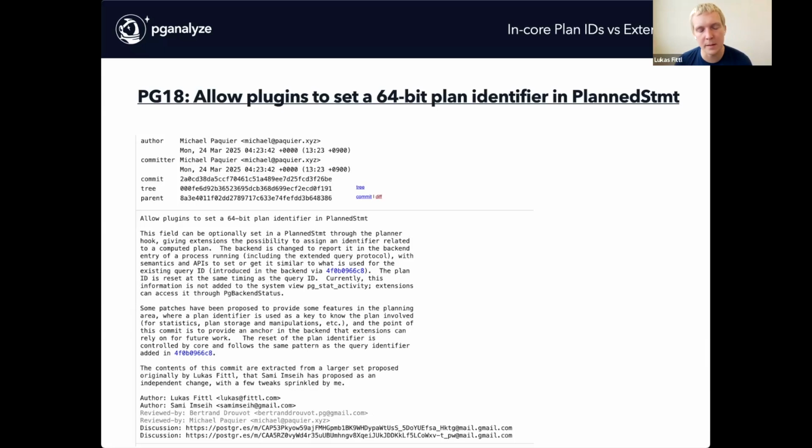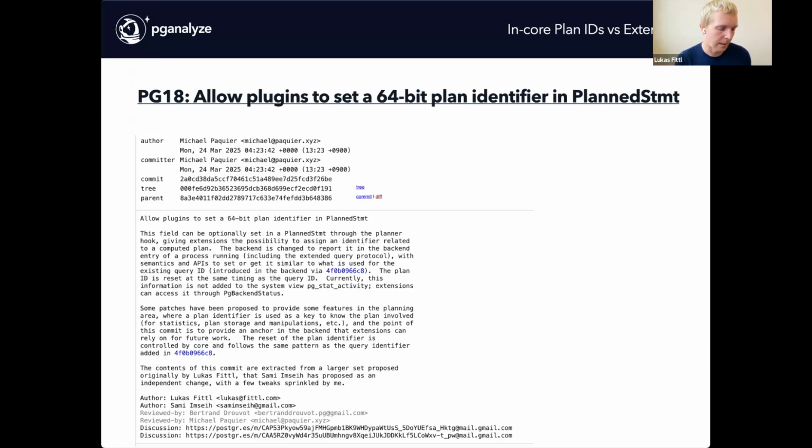But what that ultimately benefits us, and I'll show it to you later, is it lets us show the query plan for a currently running query before it finished execution. So without this commit, we basically cannot show you the plan before things finished executing, because we don't really have a place to attach to. Versus with this, we can basically say this PID, this connection, is using this plan, which turns out to be extremely